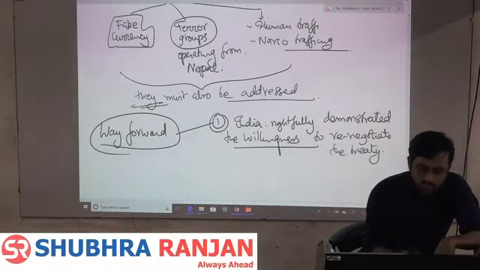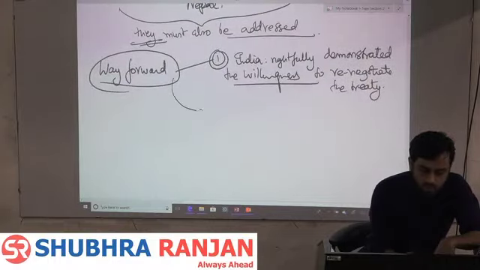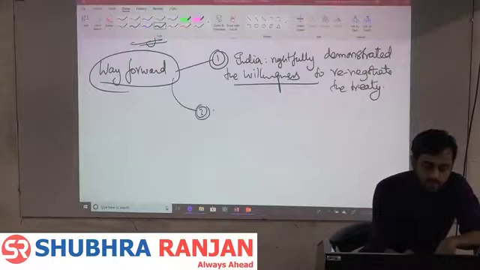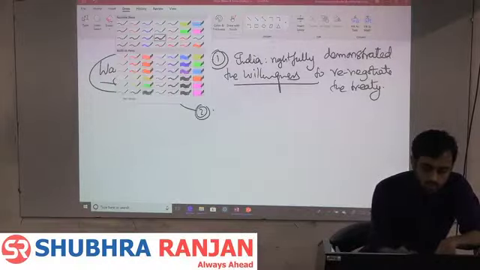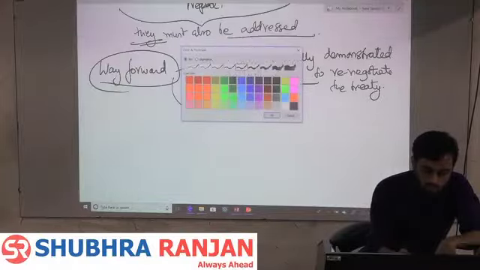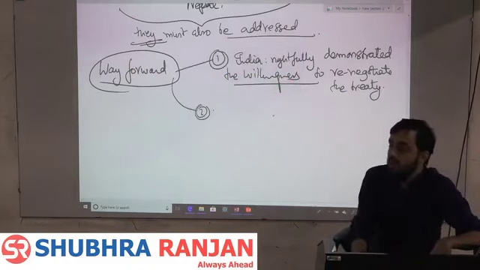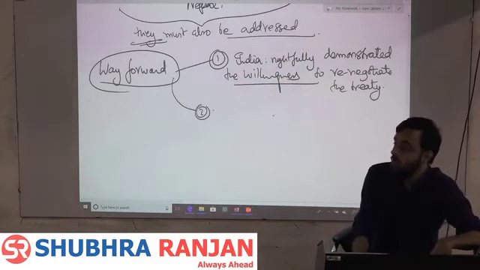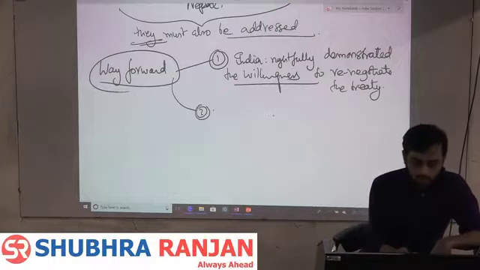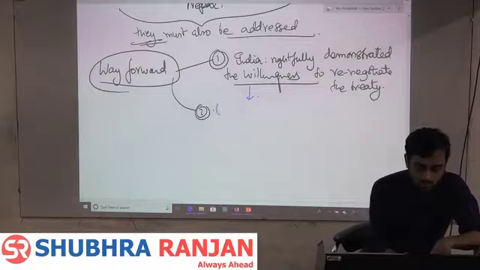Because if India says that we are not going to renegotiate the treaty, then this projects India in a negative light, that India is trying to unduly coerce Nepal into doing something that Nepal doesn't need or want. So, India has rightfully demonstrated the willingness to renegotiate the treaty because